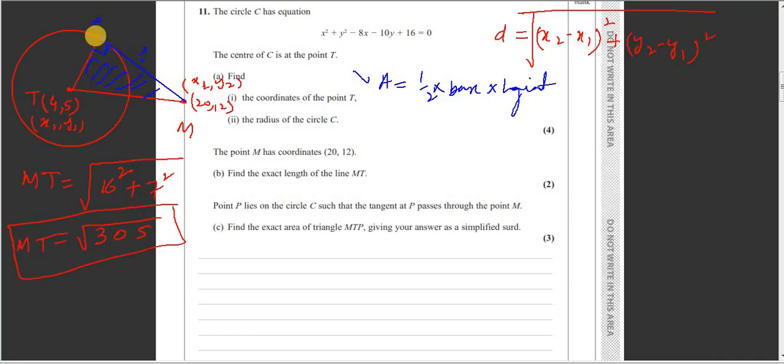PM. We don't have a coordinate P, but we have a right triangle. We use Pythagoras theorem, so you can say that, okay, so we use Pythagoras theorem now. So PM square is equal to